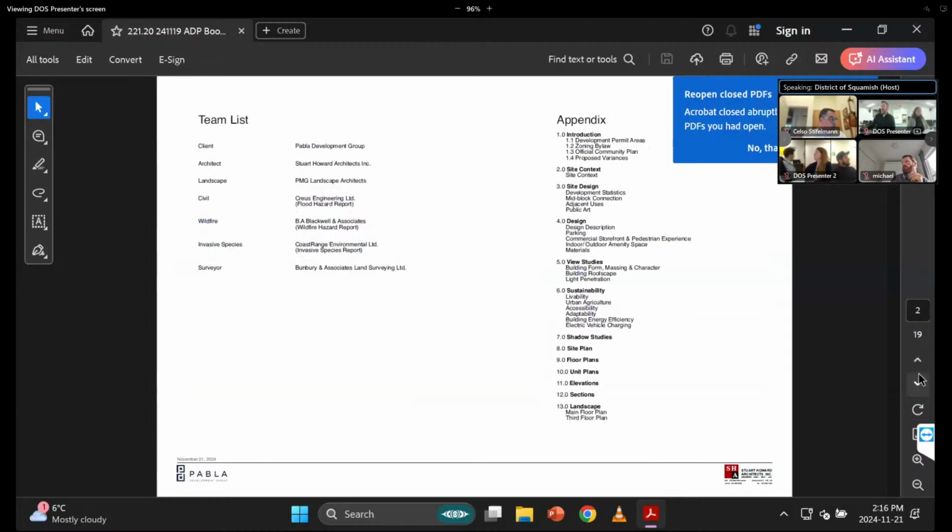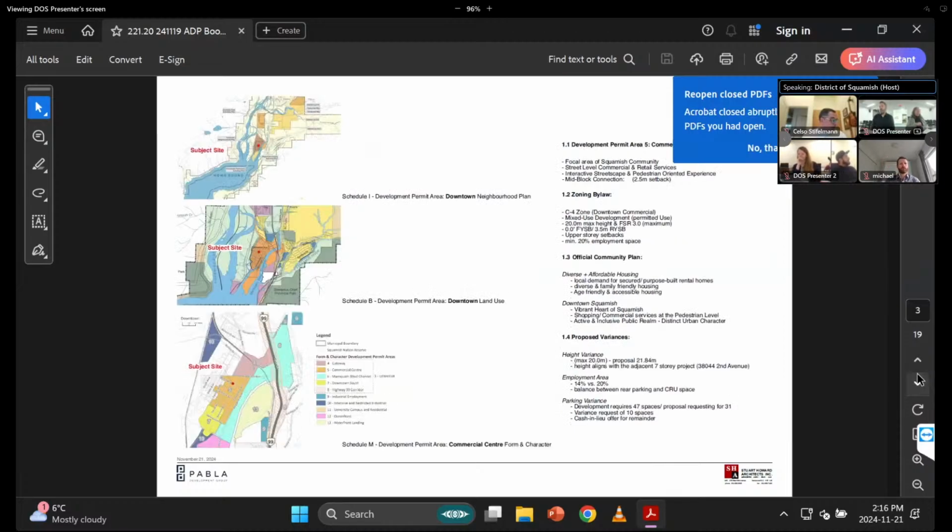Just a brief overview, as Aja has already spoken to. Here's a list of the team members as well, just to let you know that we have gone through a flood hazard report, a wildlife hazard report, as well as an invasive species report, which are available on file. Going through some of the bigger components in here in terms of the development permit areas and zoning bylaw and